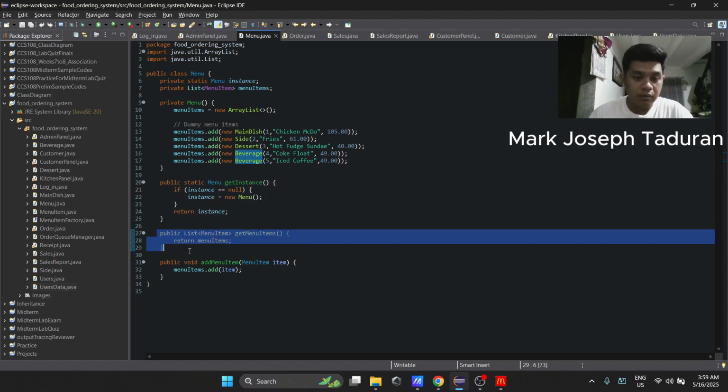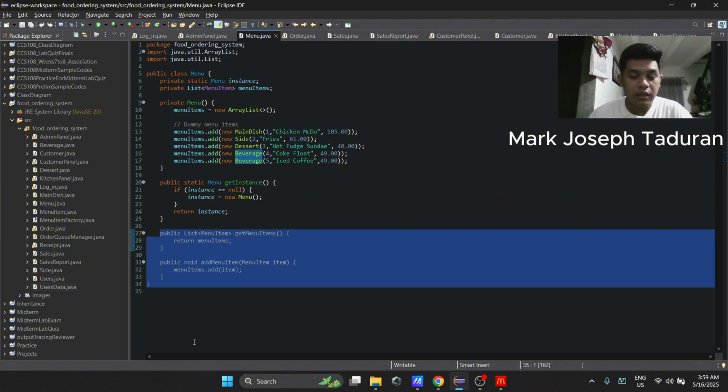Next line of code, and the last one in this class. We expose a getter so the UI can list dishes, and we supply addMenuItem so the admin screen can push new products. Notice we never expose the ArrayList reference itself, just the List interface, good encapsulation.